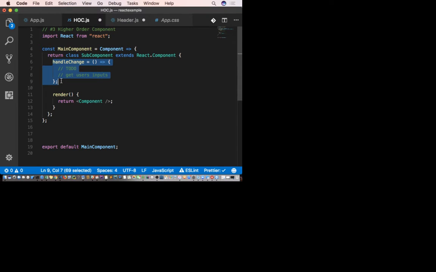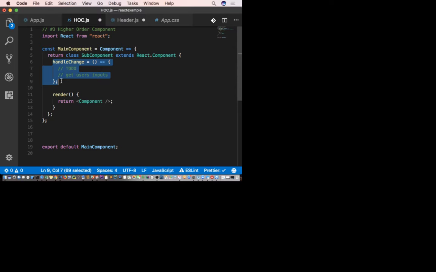All right, so this function now, any component that I have that is using the higher order component will instantly have this function available to them. Does that make sense?